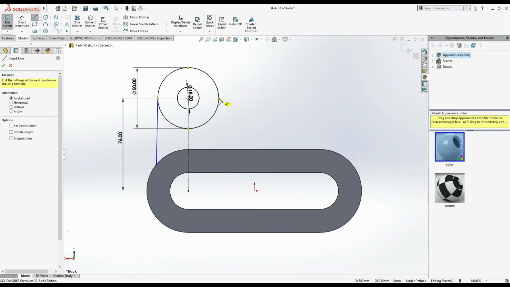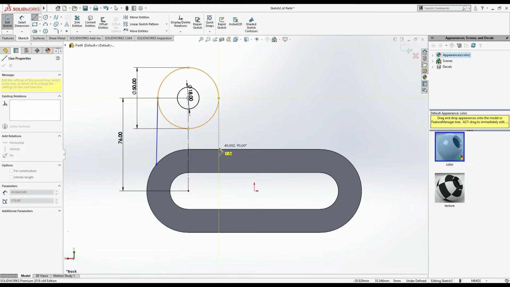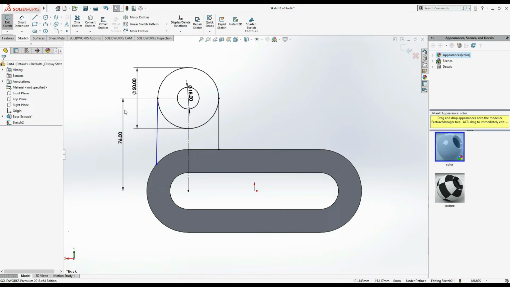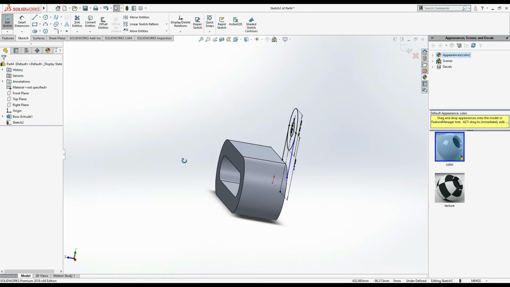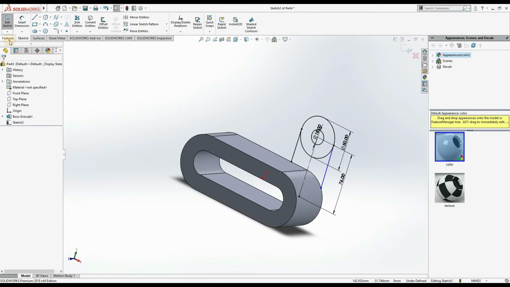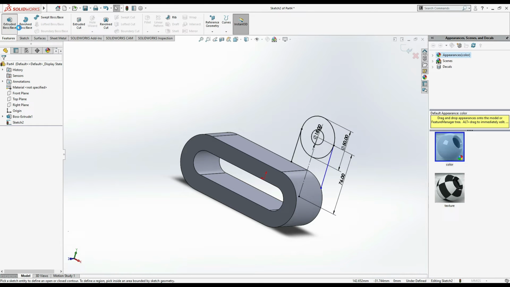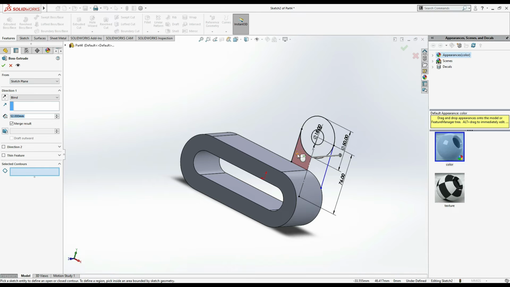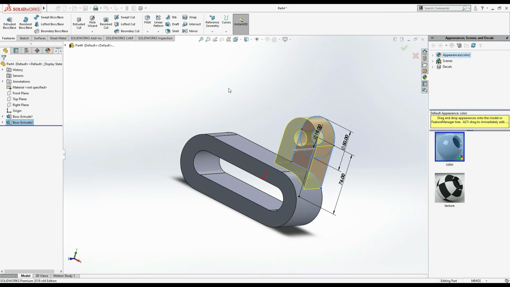from this point to the vertical to the surface. Okay, escape. Now simply come here, features, extrude boss base and select contour, this one, this one, this one, 34. Okay, now